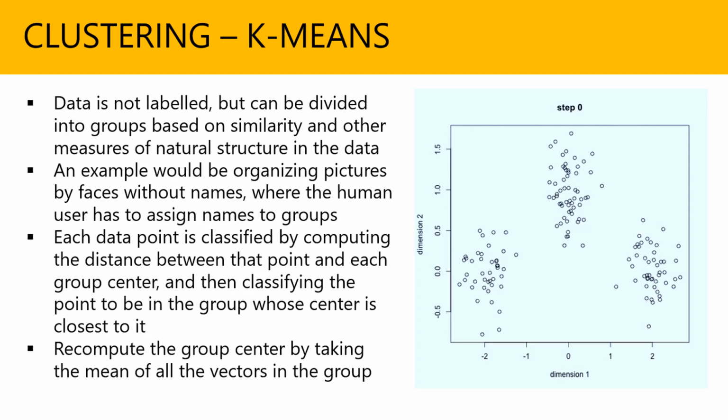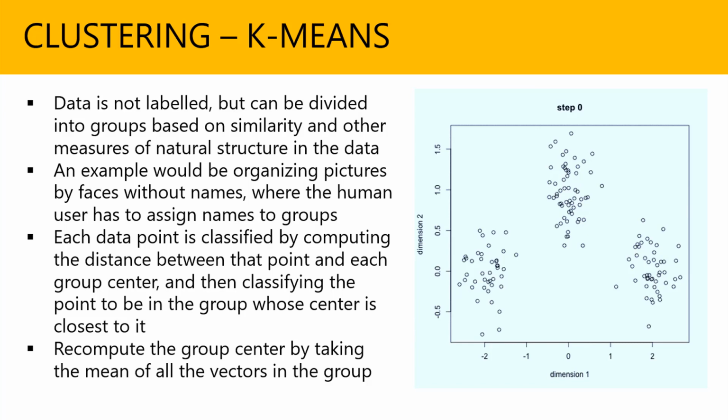Great. The next set of algorithms is clustering k-means. And by the way, I'm just covering these important ones out there. There are several others that you can take a look at also. So clustering is k-means, where you create a mean, right? The average. So data is not labeled in this case, but can be divided into groups based on similarity and other measures of natural structure in the data. Remember clustering? Great. An example would be organizing pictures by faces without names, where the human user has to assign names to groups. So here, each data point is classified simply by kind of taking a look at the distances between each of these dots